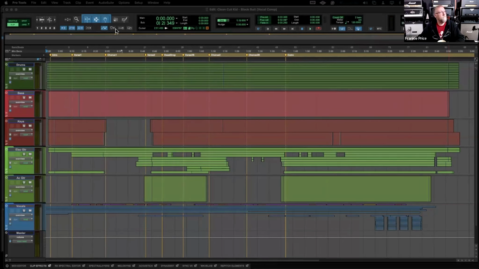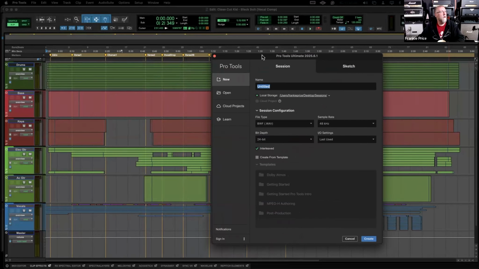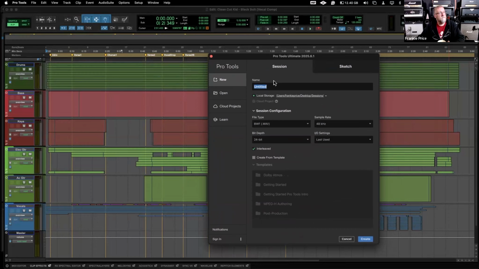All right. So whenever you create a new session, you get this window. Okay. And a couple things here. Title, please name your session in a logical way so that anybody who opens it understands what they're dealing with. All right. So for example, for this class, I would want something like